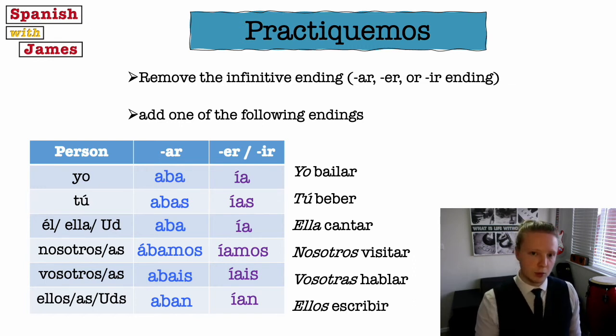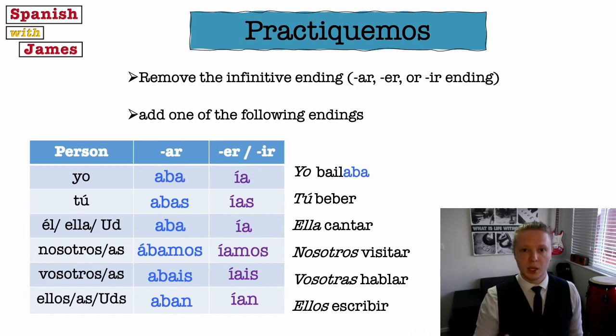For example, yo, I, so I used to dance. Bailar, the verb to dance, so we want to say I used to dance. Now I'll do this one with you just to show you my thought process. So bailar is the verb to dance. I want to put it in the I form. It's an AR verb, so it's going to be one of the aba ones. The I form is aba, so I remove the AR and then I add aba. Yo bailaba. So now I want you to pause the video and then go through and do those yourself.